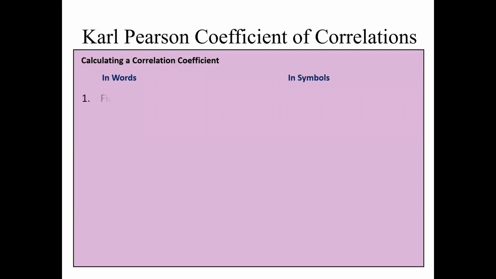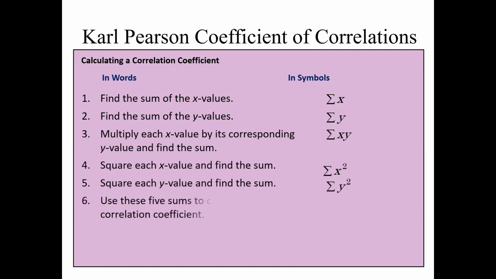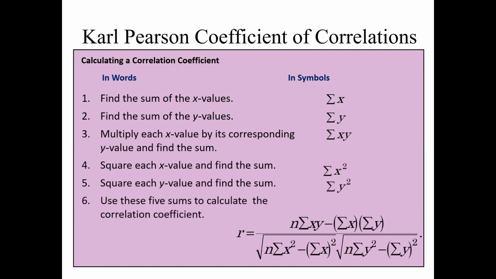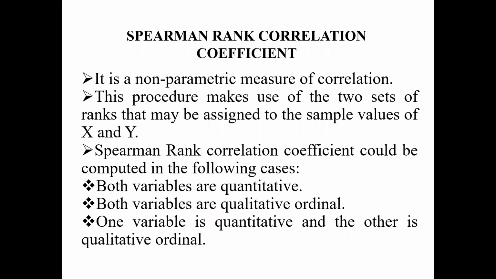Karl Pearson coefficient of correlation is the next method. Here we see the formula, the direct method formula, for how we can calculate the correlation coefficient using the Karl Pearson method. This method we can also call the product moment coefficient of correlation, or simple correlation, or linear correlation. And there is the shortcut method. In the shortcut method, from the assumed value, we can take the deviation. And Spearman rank correlation coefficient,